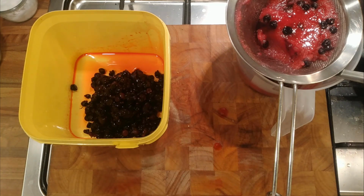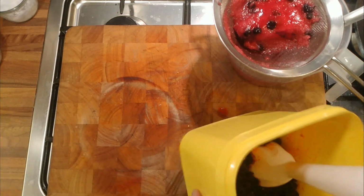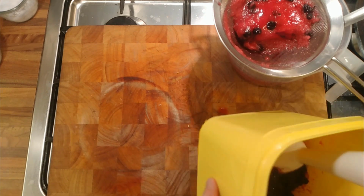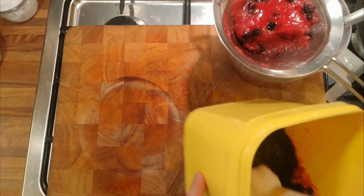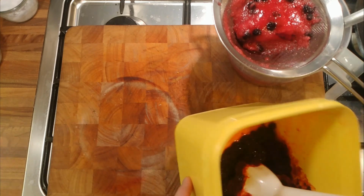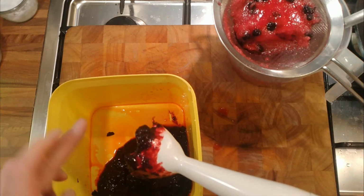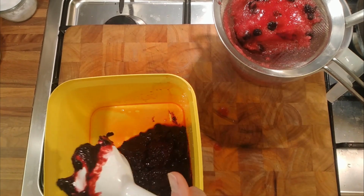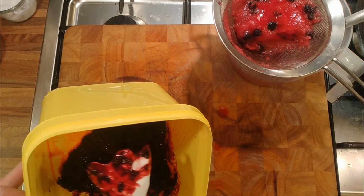And these ones I'm going to puree up, and then we might add the sugar to them. Maybe. I'm just curious. I'm just faffing around with this bit. So we'll just puree these and see what happens. Right, so just blackcurrant jam. So